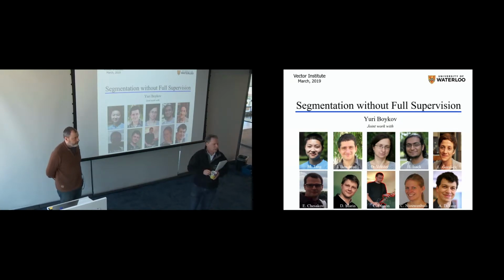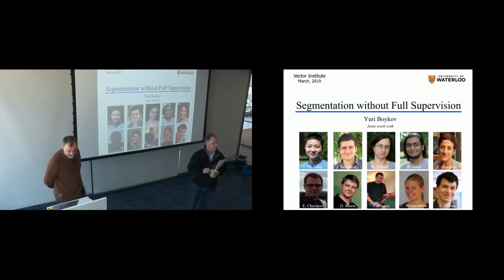Is that right? And Yuri did his undergraduate degree, I believe, in physics on the other side of the pond in Moscow. Is that right? He has a PhD from Cornell University in operations research optimization. He's done really outstanding work in computer vision and medical image analysis, working on a wide variety of problems, including stereo, motion, segmentation, image restoration, all sorts of low-level vision problems as well as some recognition problems.